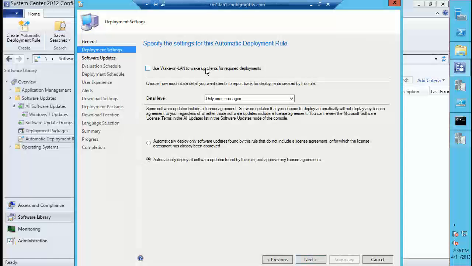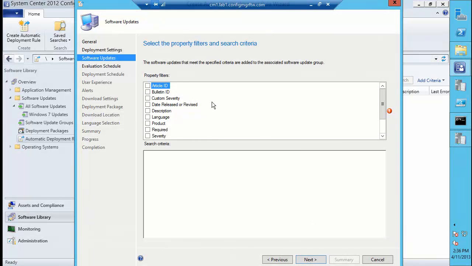So not a whole lot else on here, but EULAs, once again, you can kind of see the EULAs that I talked about bubbling up here. If you don't allow them to be automatically agreed to, I have no idea why you wouldn't want to, but obviously someone in marketing or somewhere thinks EULAs are important, or legal, or one of those type of folks. So now we go into selecting the criteria that we want. You can select whatever criteria you want in here. So we can do product, we can have any of the different things that we need to put into the